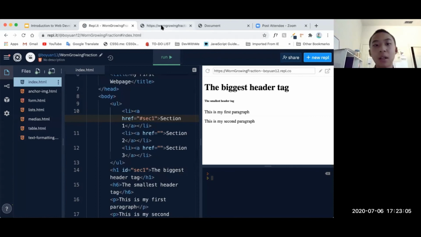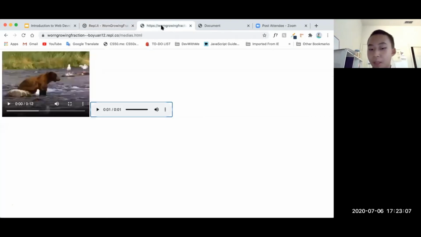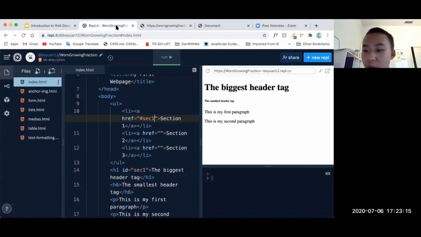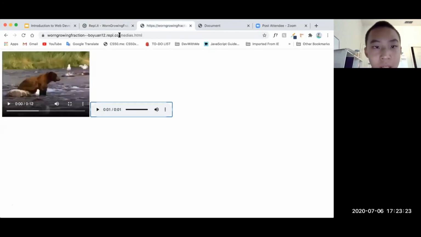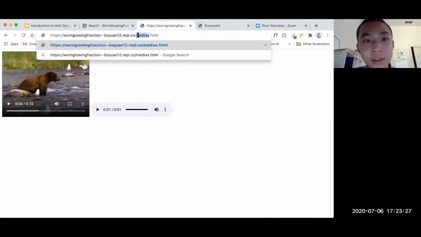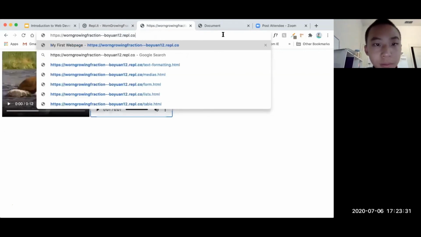ID is a special HTML attribute, and it should only be used for one element only. For multiple elements, we're going to use class. We're going to talk about all of that in CSS because that really matters. And then in medias, what I will type is now index, so I don't need to type anything. And then if I refresh here,